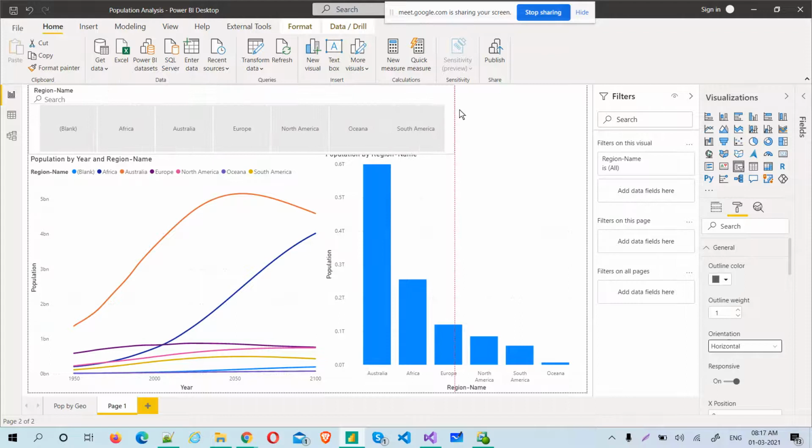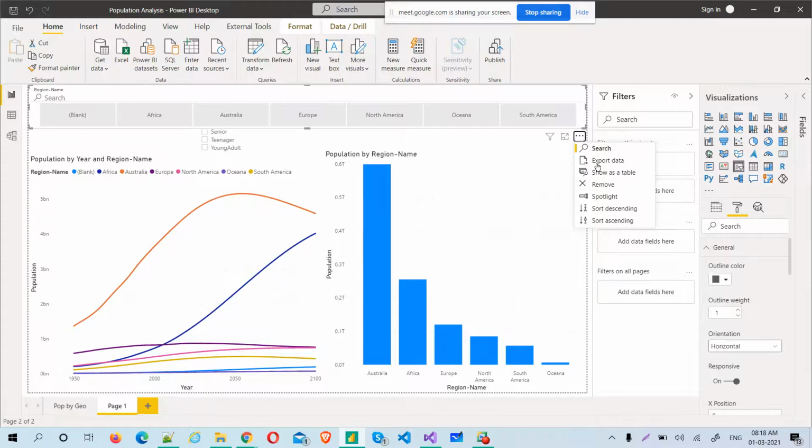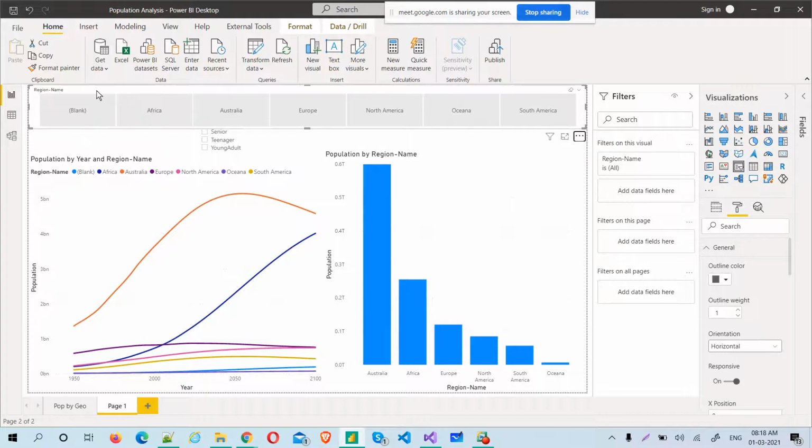So this is how it is. The end user sometimes wants to see this kind of slicer. If you remove this search, then it will look good. Remove the search. Now it's going on. Wait, yep, it's gone.